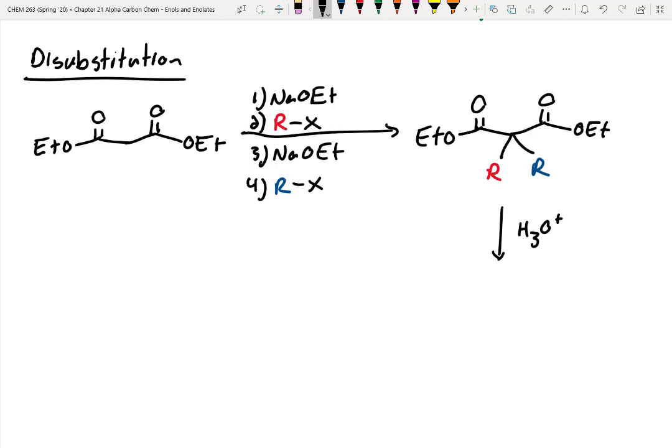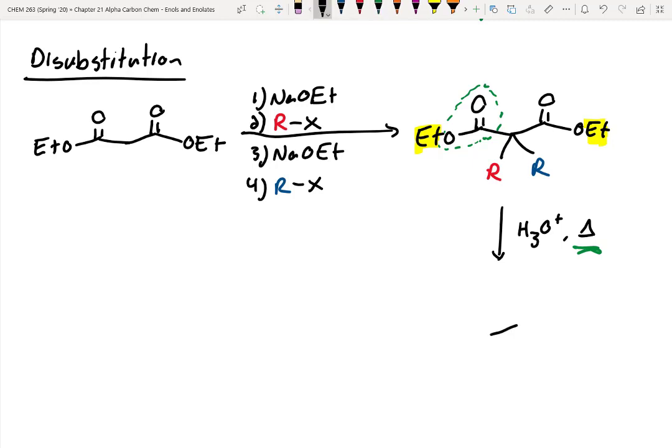And then in our next step, what we're going to do is we're going to treat this with dilute acid and heat, right? And when we do this, first thing we're going to do is convert both of these esters to carboxylic acids, right? And then in our next step with this heat, what we're going to do is basically get rid of CO2 off of one of these sides. Doesn't really matter which one. I just like to pick the left-hand side one. And when we do this,